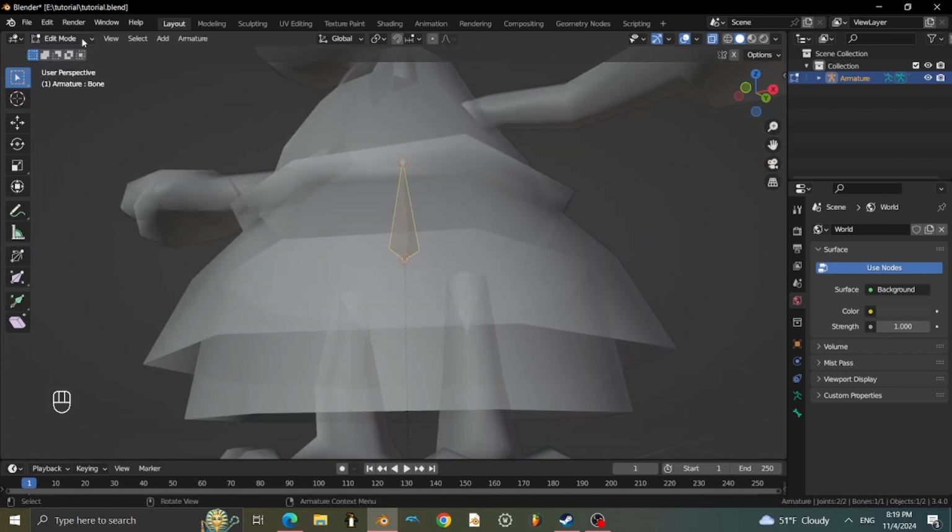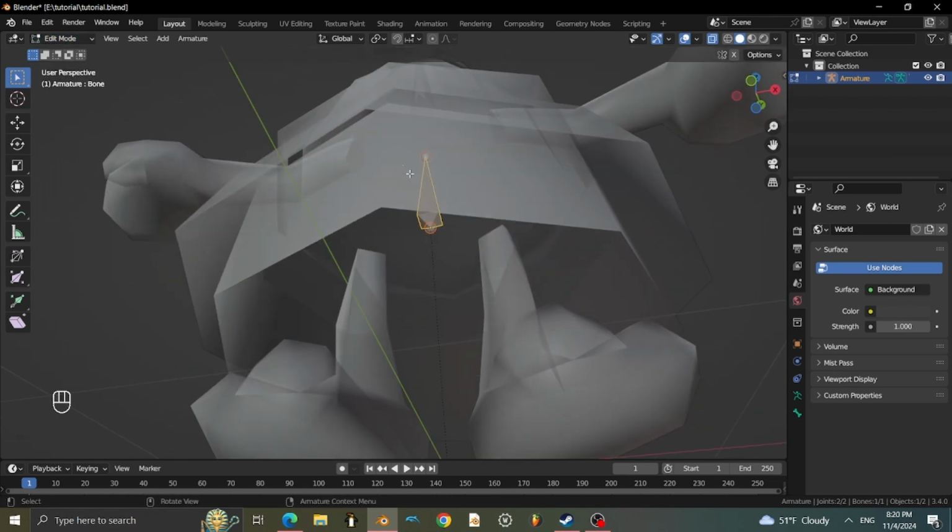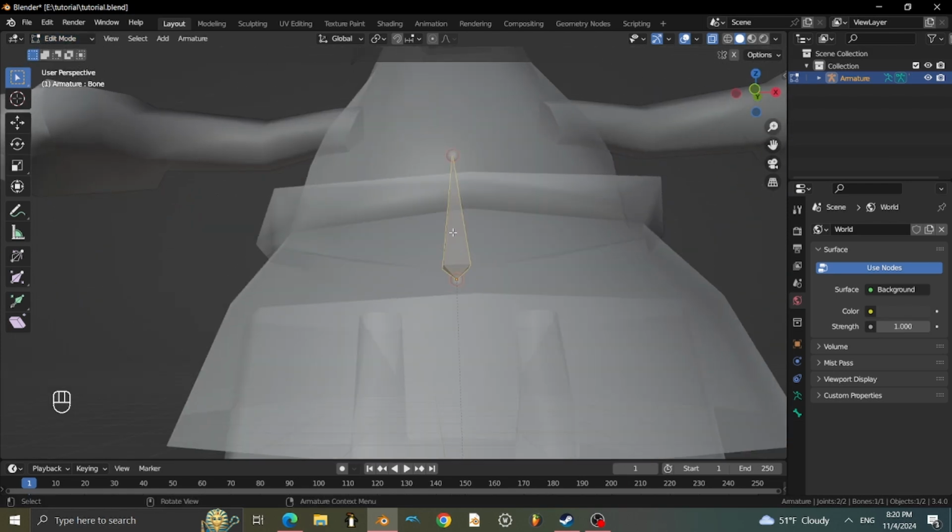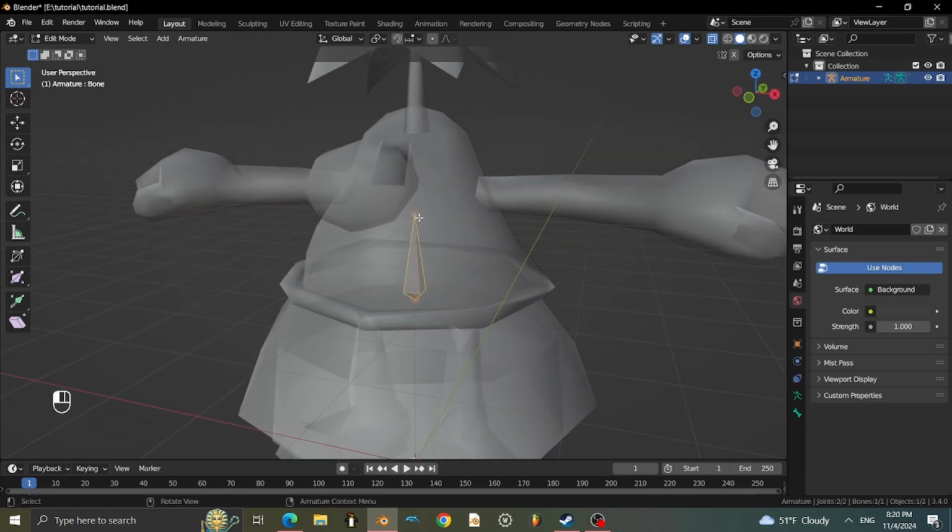So you have to go to edit mode. There's edit mode and pose mode. Pose mode is just for animating. Let's go to edit mode and start. So, like I said, the torso and the face are not really going to be animated, so I'm only going to create 2 bones. And the way to create a bone,